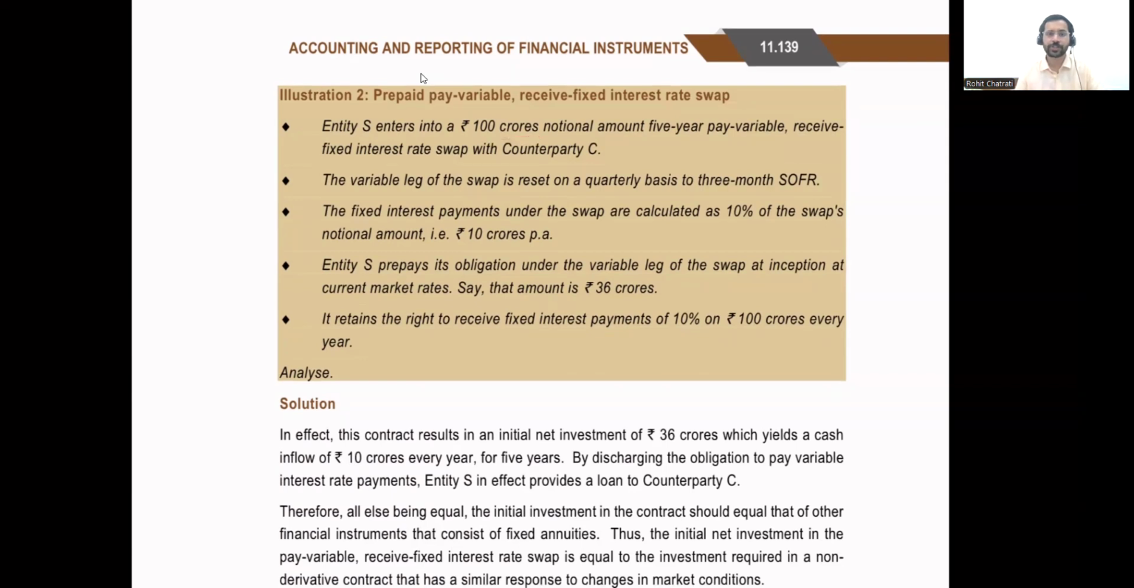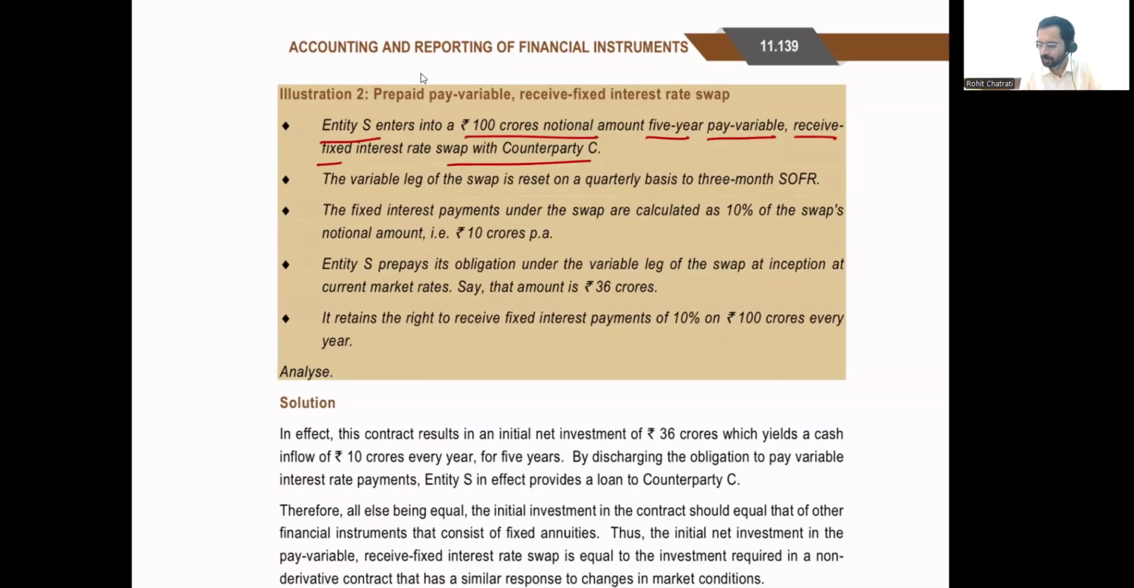Let's now look at illustration number 2. Entity S enters into a 100 crore notional amount, 5-year pay variable and receive fixed interest rate swap with the counterparty C. In the previous example, it was actually paying fixed and receiving variable. In this question, it is paying variable and receiving fixed. The variable rate of the variable leg of the swap is reset on a quarterly basis to 3-month SOFR. The fixed interest payments under the swap are calculated as 10% of the swap's notional amount, i.e., 10 crores per